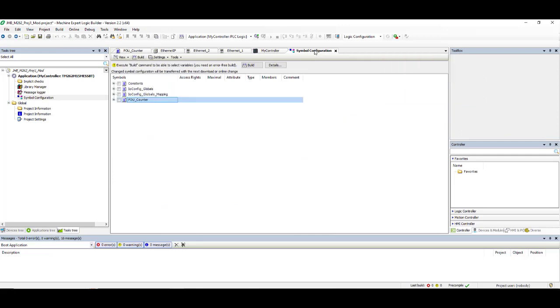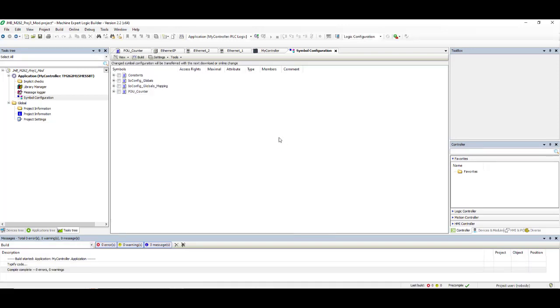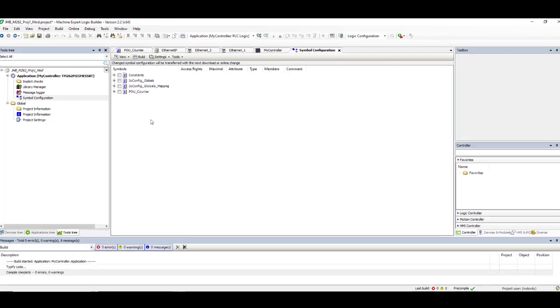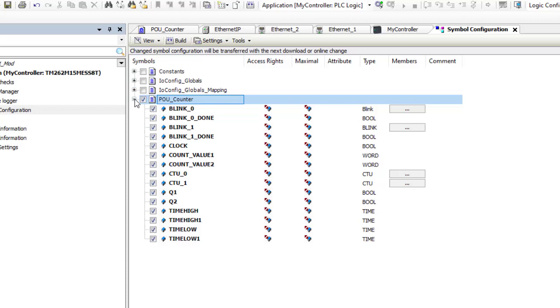You can see in this software, it opens up this tab. What I need to do first, in this environment, is go ahead and build this. Okay. Now after it's built, I'm going to choose which symbols I want to have available to me. In this case I'm just going to use what I have in the POU, and if I expand that, you can see these are all the things that will be exposed to Blue Open Studio and its CODESYS driver. Okay, so again, I'm going to go ahead and build,